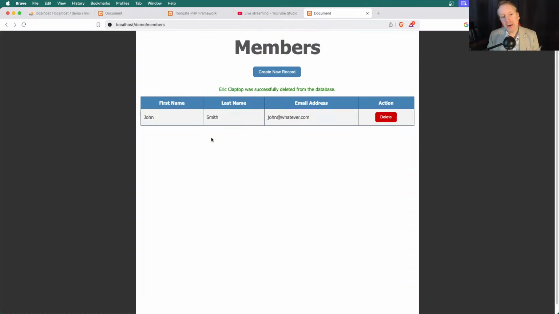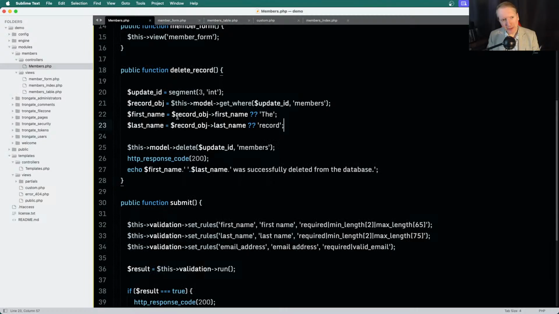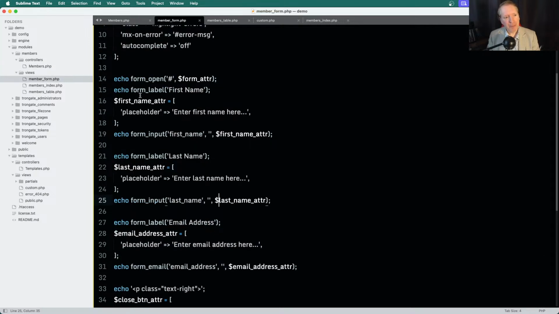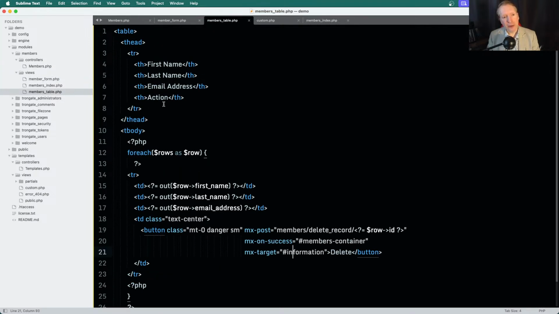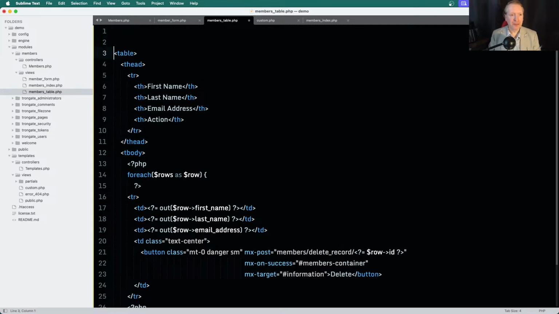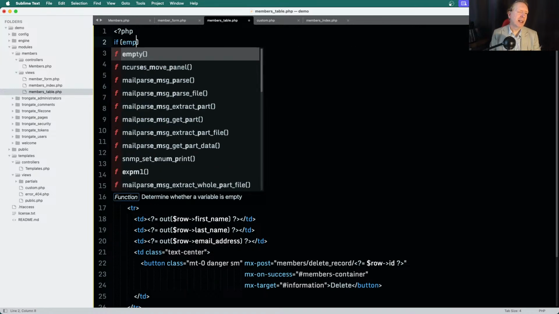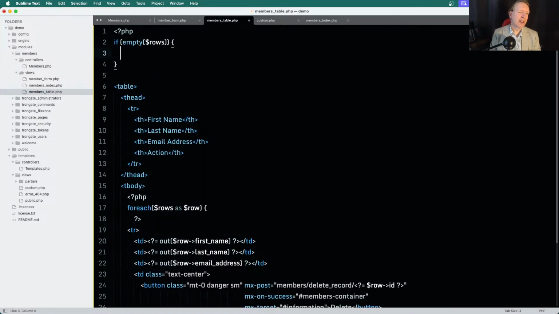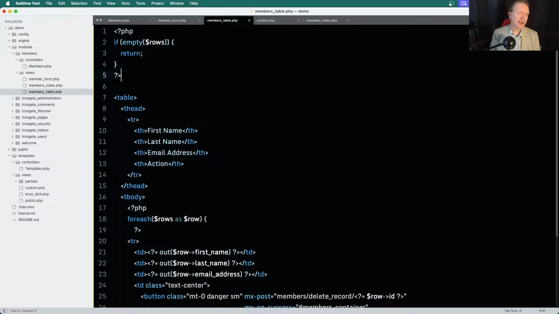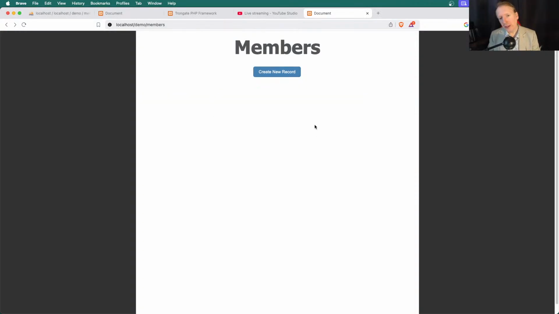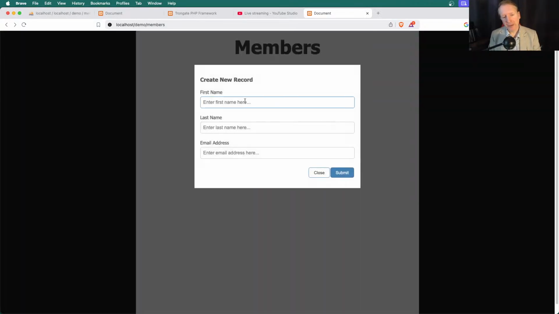And when I delete this last one, we get this. Now that looks a bit miserable, but no need to worry. All we have to do is go to this members table here, and right at the top, we're going to say if empty rows return. So we now get that. So let's try this, right? I'll say